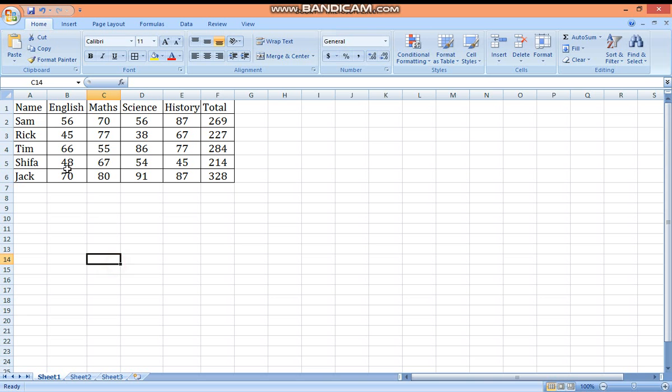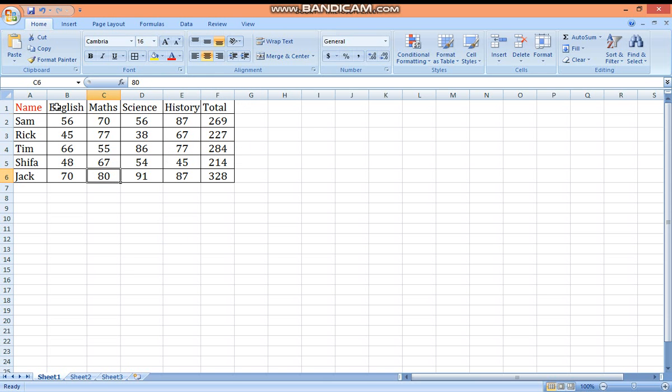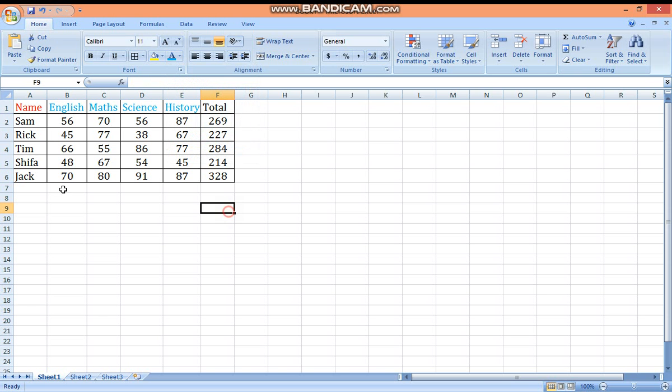Then you can change the border color. You can change the color of this writing also. Suppose you want this name to be highlighted, change it into red color or blue color, whatever you want. Keep the different subjects in the same color.